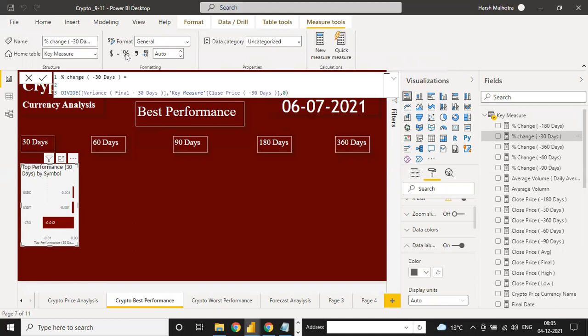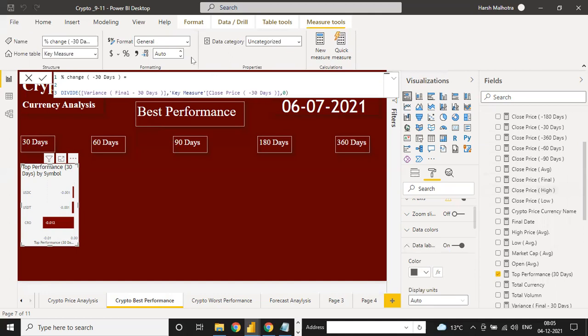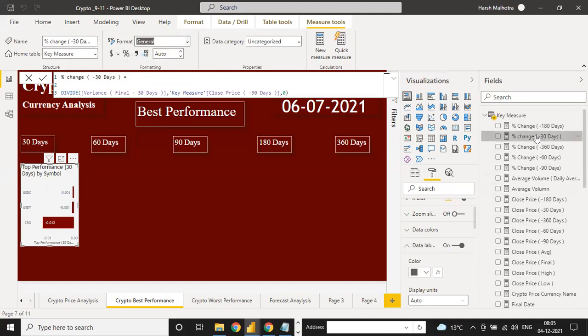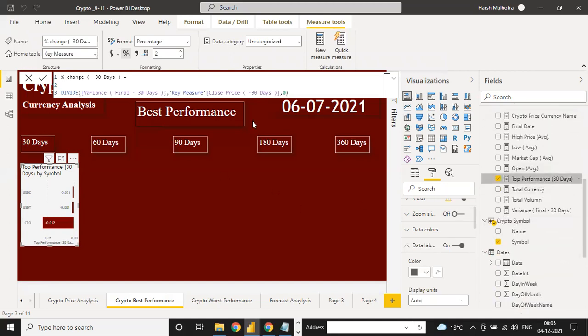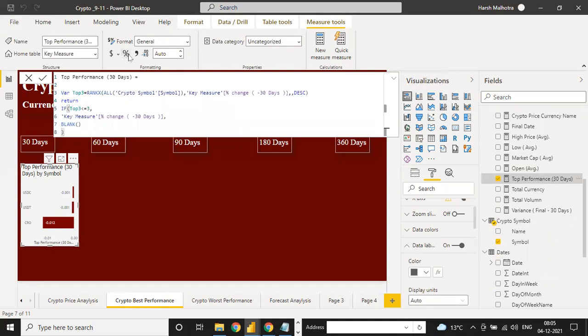If you click on this percentage, click here, percentage option, and change it to this percentage. Top 30 on the basis of percentage.